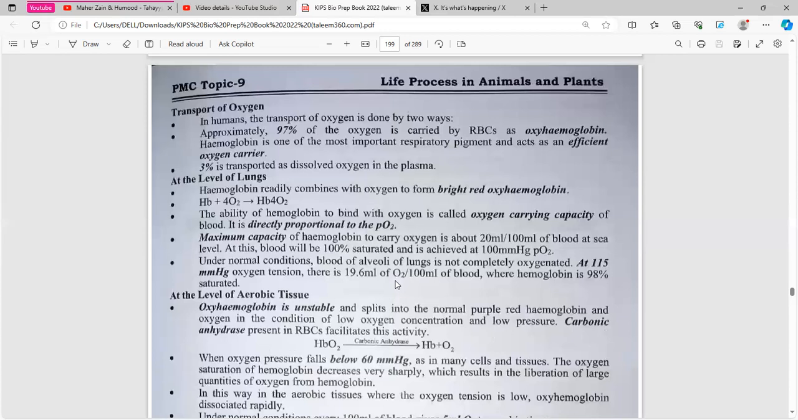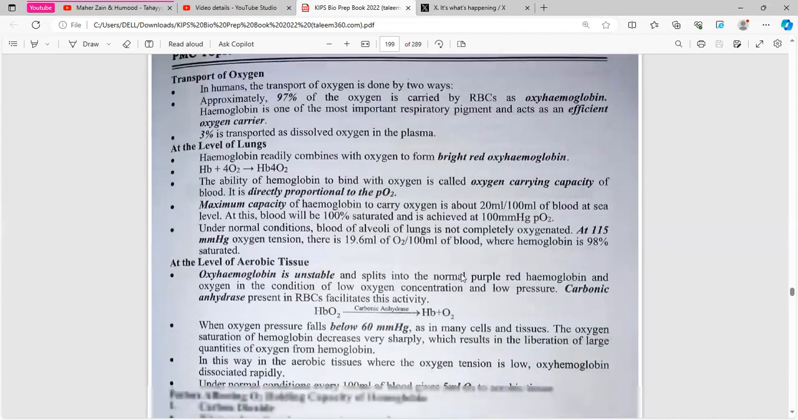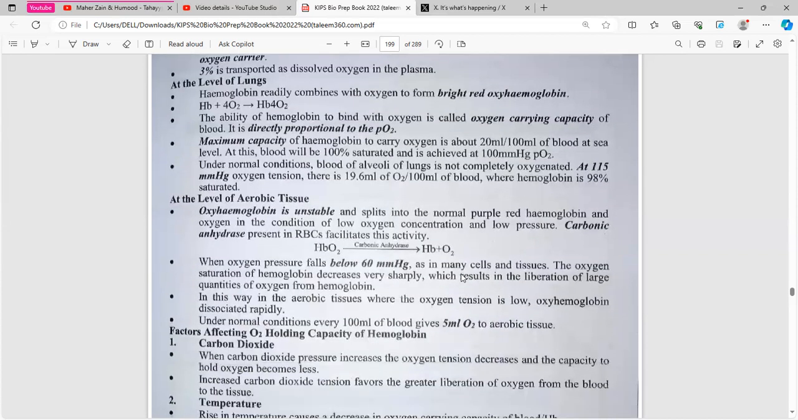Now, if we talk about the dissociation of oxyhemoglobin from red blood cells, which store 97% of the oxygen, it is directly proportional to the oxygen carrying capacity and the need of the tissue. And you just give a reading to these facts: the maximum capacity of hemoglobin is 20 ml per 100 ml of blood. So as the partial pressure decreases below 60, there is a maximum dissociation of oxygen from